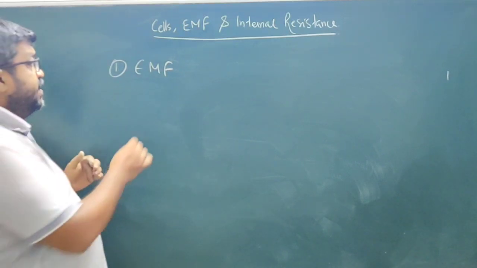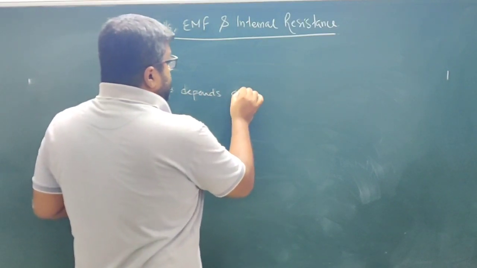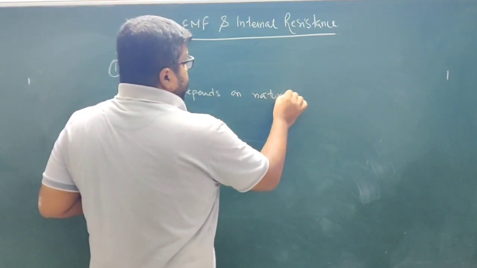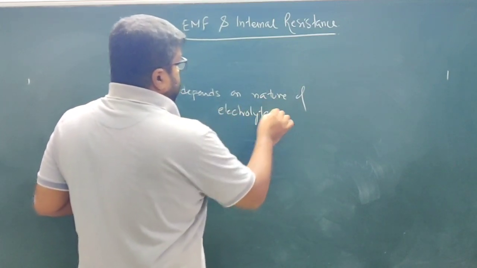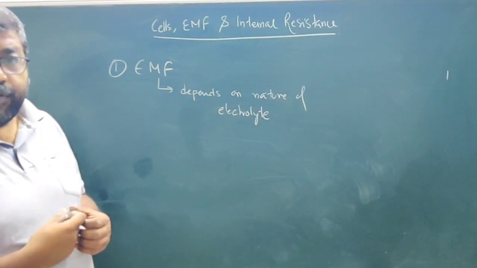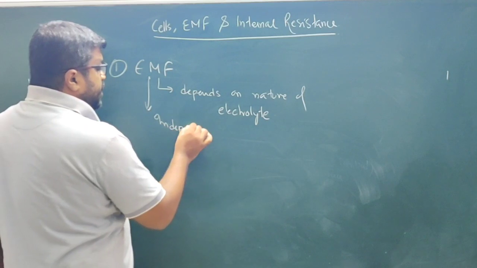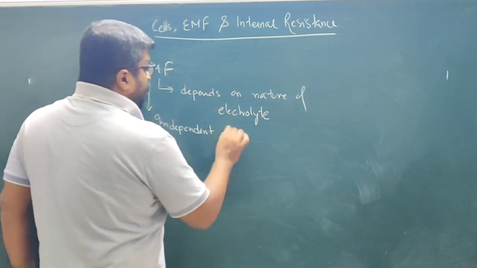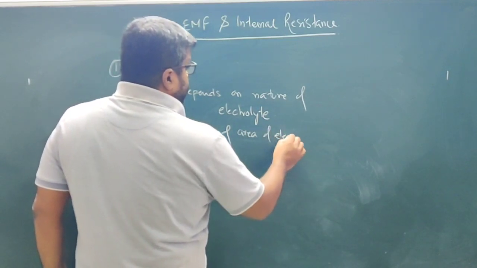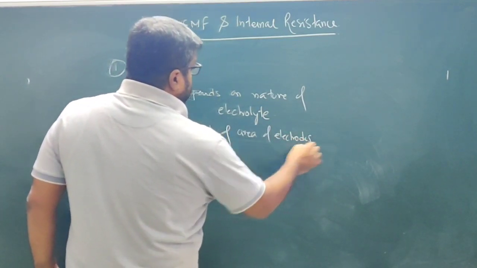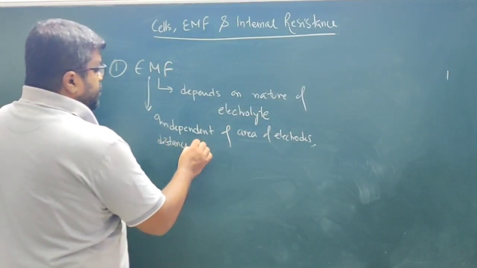So basically, the value of this EMF depends on the nature of electrolyte. What kind of electrolyte we are using? And it is independent of the area of electrodes, distance between electrodes,